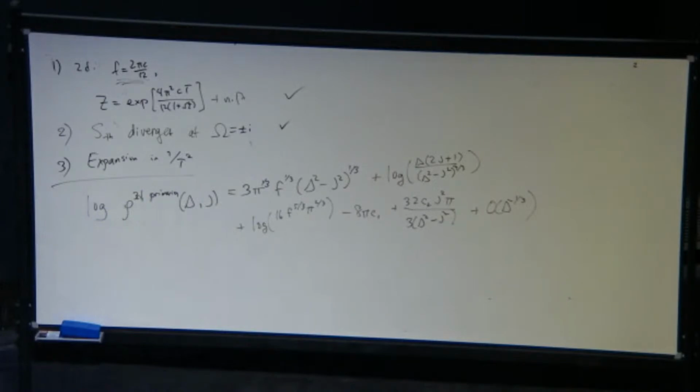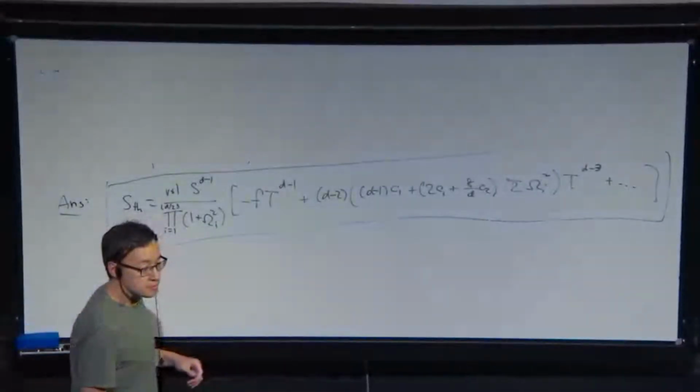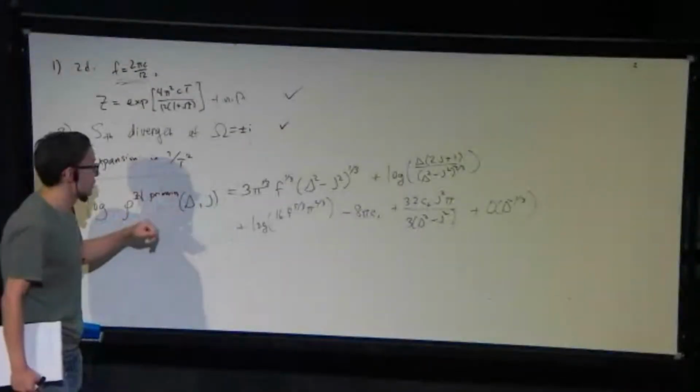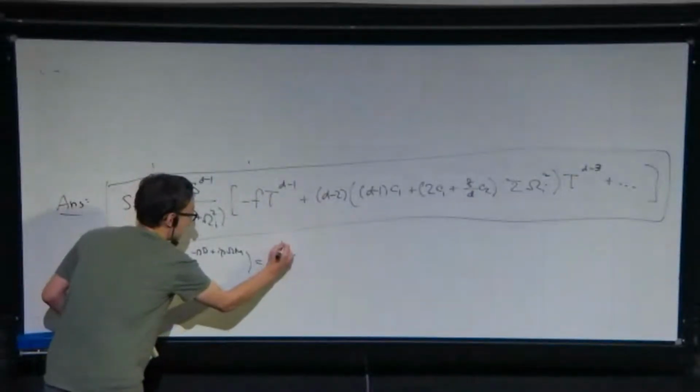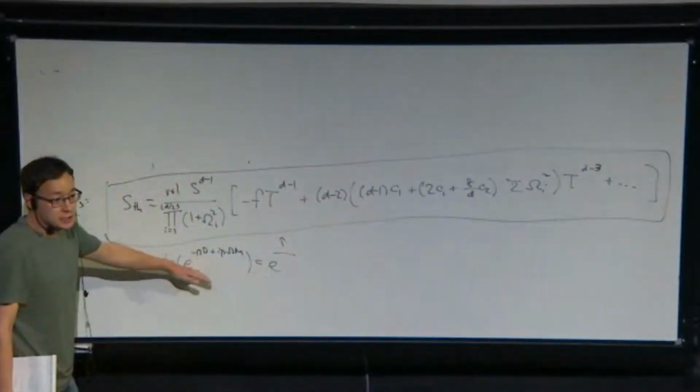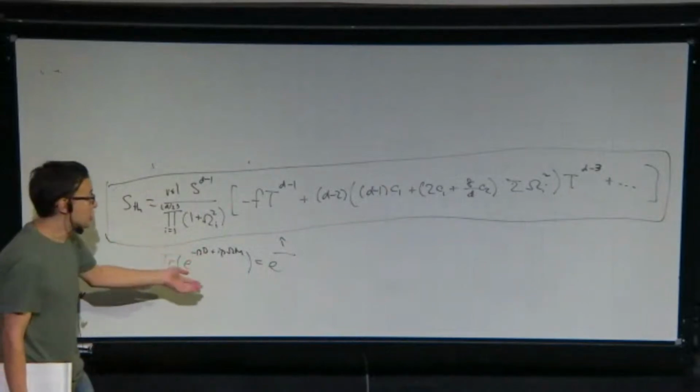Is it trivial to go from all states to primary states? Oh, very good. Thank you. It's not completely trivial. You have to decompose into the conformal characters. So remember here, we have the trace of e to the minus beta D plus i beta omega M is equal to e to this guy. So to get all states, you just take an inverse Laplace transform. To do primaries is slightly more work.